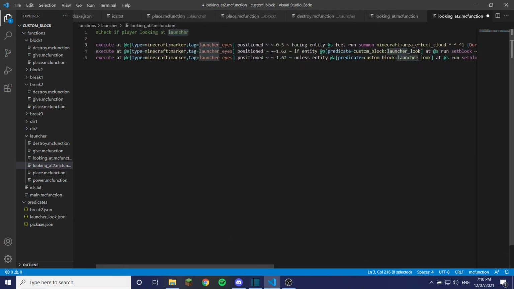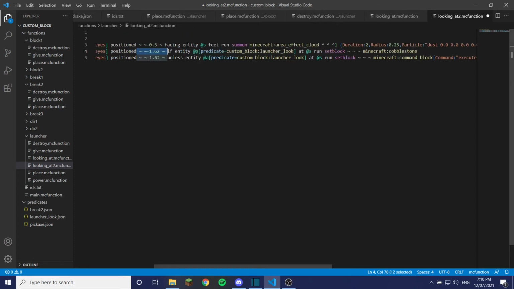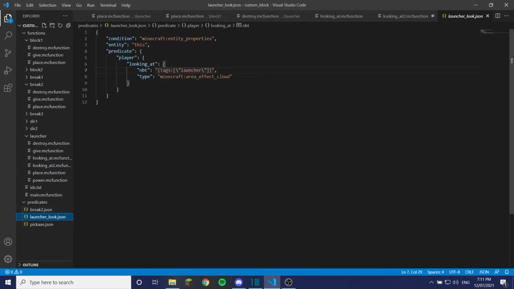Next, we move on to the next line, which executes at the launcher eyes again. This time we want to shift the position down to the player's feet, and we want to check if the player has another predicate, which is this custom block launcher look. Now, if I go into this predicate, we can see the new feature in 1.17, which is this looking at tag. This allows us to check the properties of the entity that is being looked at by the player. So here we check that the NBT tag has the tag launcher, and we check that it's an area effect